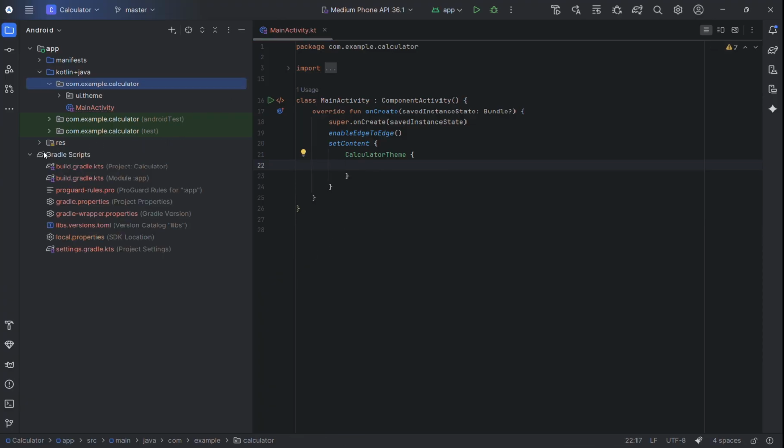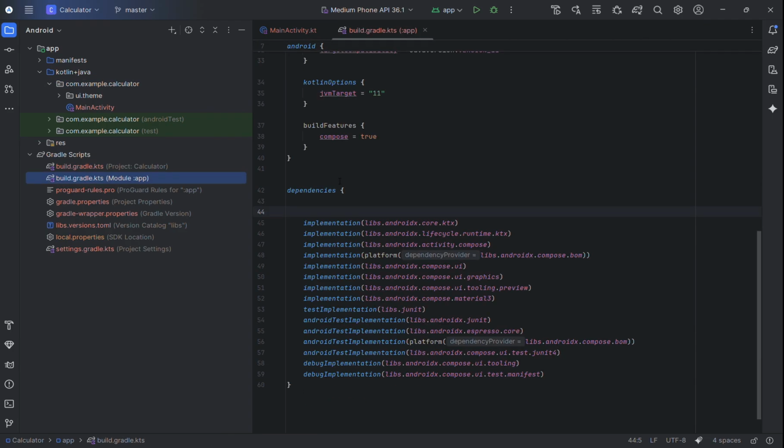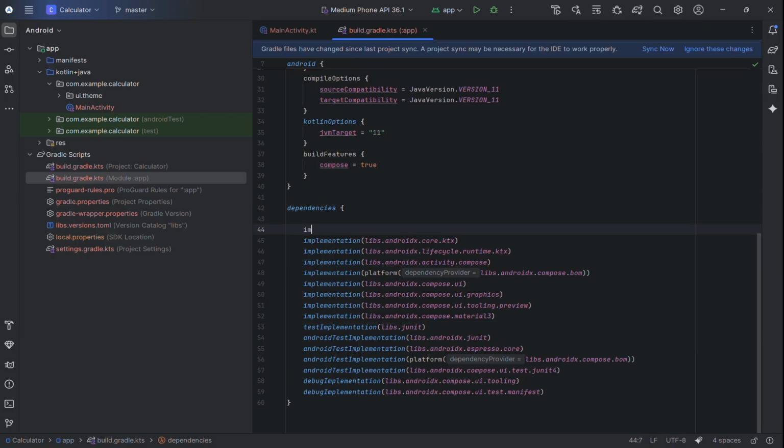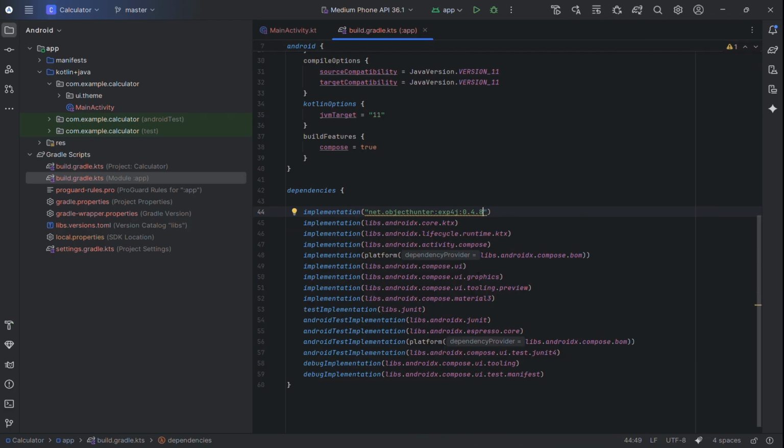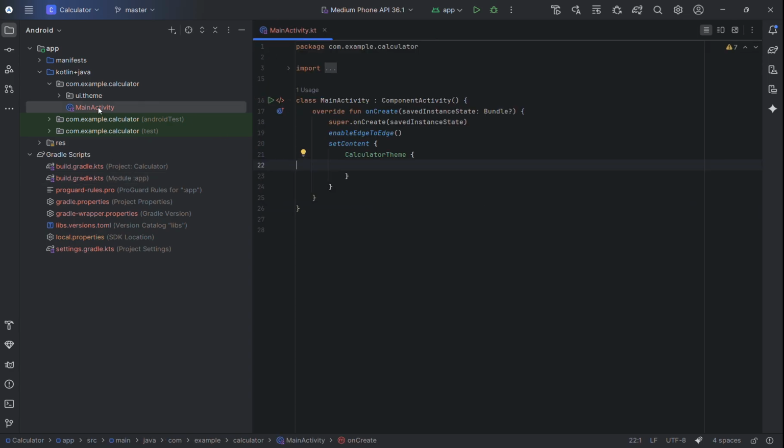and then go to Gradle scripts inside build.gradle.kts, type implementation, and we need this library for evaluation of our expression. Press sync now and let it sync. Once it's done, go to main activity, and inside this package,